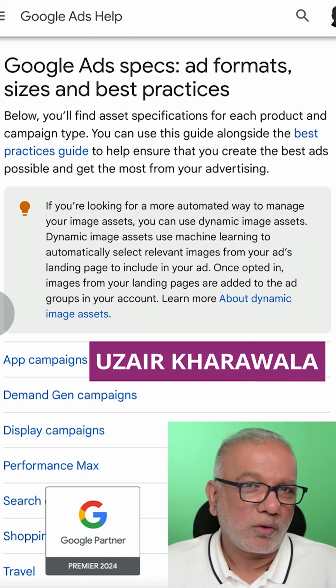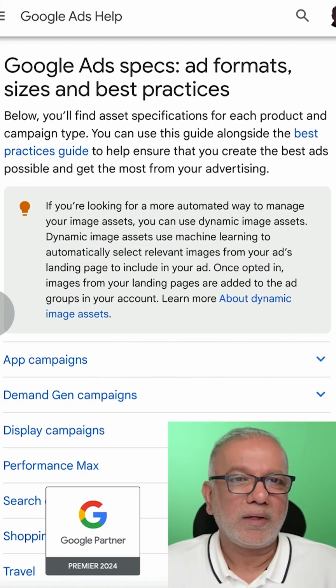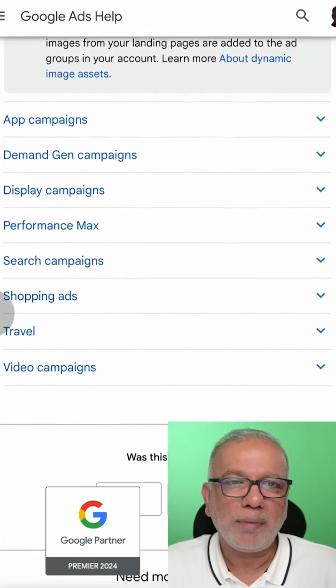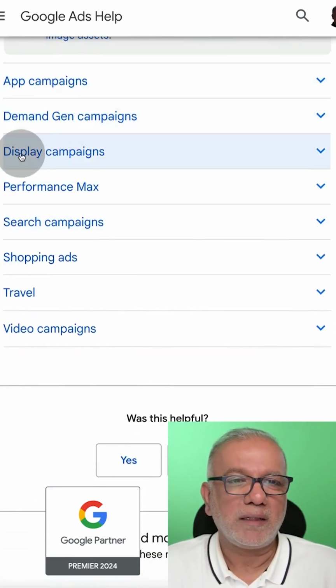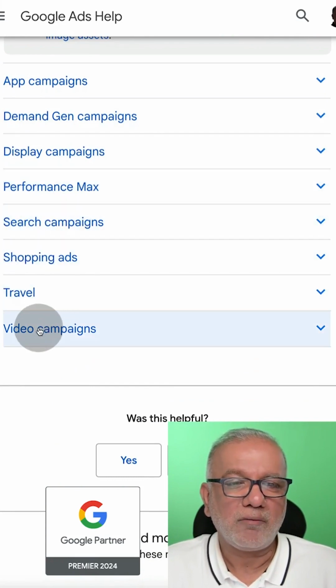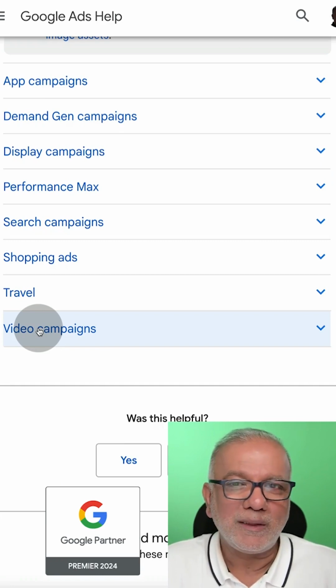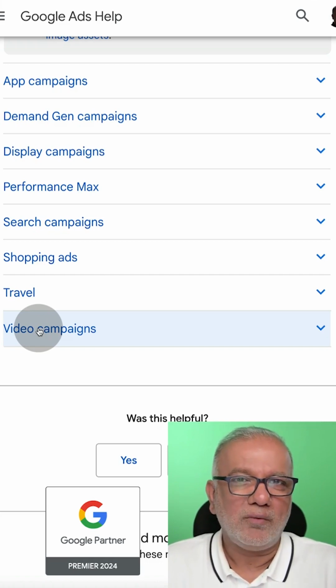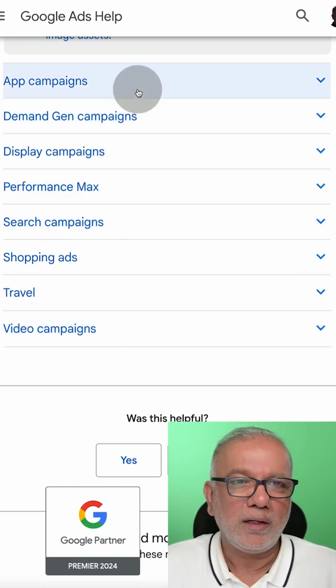In this video, I'm going to go through all the various Google Ads ad formats, sizes, and best practices, because there are quite a few different types of campaigns now. You got app campaigns, demand gen, display, PMax, search, shopping, travel, video. So I too am getting confused now with all these different specifications for each ad. You got different headlines, long headlines, descriptions, short headlines, and all of these. So hopefully by end of this video you will learn how to set up ads in each one of these